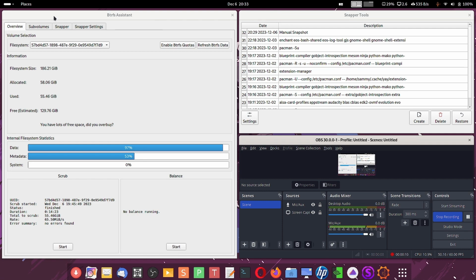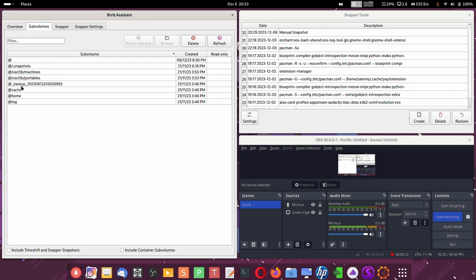It was a manual snapshot. Let us check out the sub volumes, and you can see here the different sub volumes. You can compare this with the earlier part of the video. You can see here this backup was not there earlier, and there are some changes. So this is the new change. This @ backup has come up,